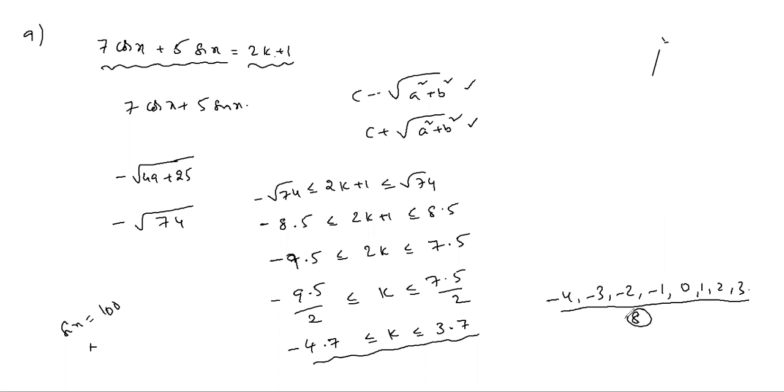Can you use the c minus root of a square plus b square and the other formula for all trigonometric functions like tan and cot, or only for cos and sin? It is a sin x plus b cos x plus c, and x should be the same in both functions. So what is c? C is the constant. Oh, okay, thank you. We already saw this in classwork, like 3 sin x minus 4 cos x plus 5. C value is 5.